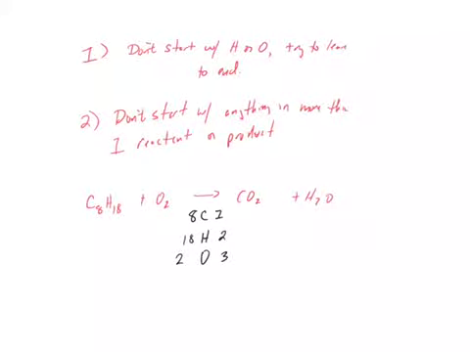Okay? The one thing that we can start with is carbon. So, if I put an 8 in front of the CO2, now that gives me 8 carbons, but now I'm at 2 times 8 is 16 plus 1 is 17 oxygens. So then I'm going to balance out my hydrogens. I've got 18, so what times 2 is equal to 18? So I put a 9 in front of